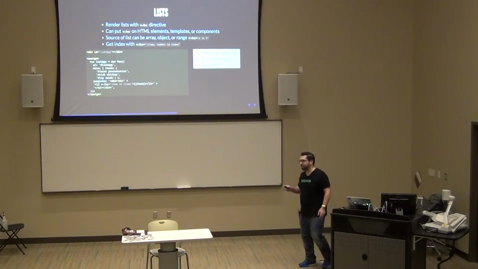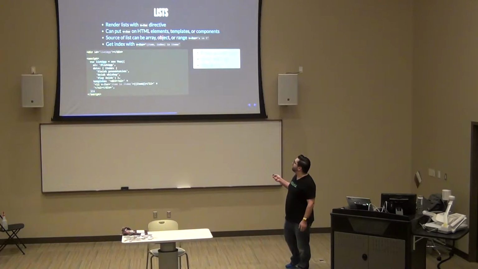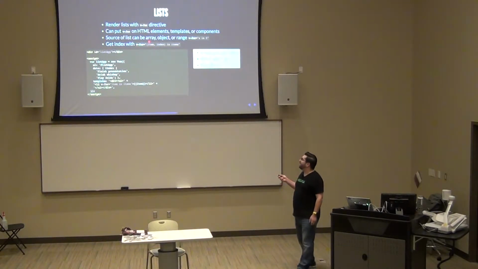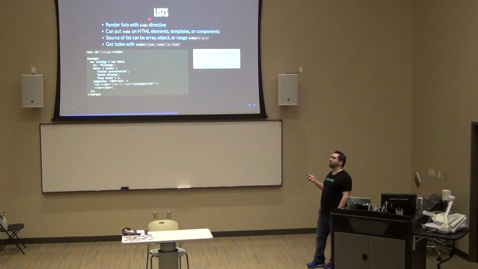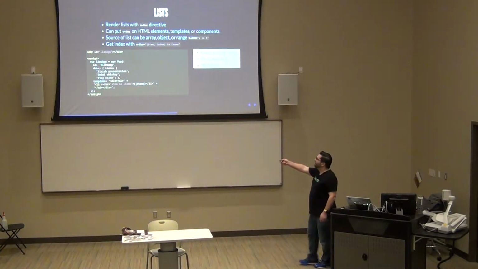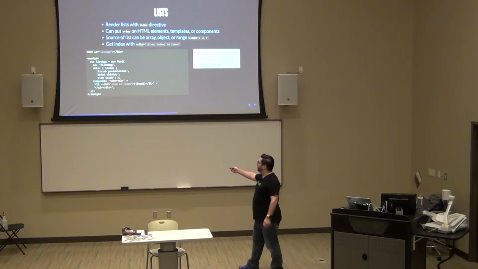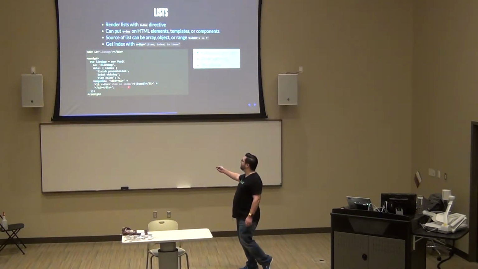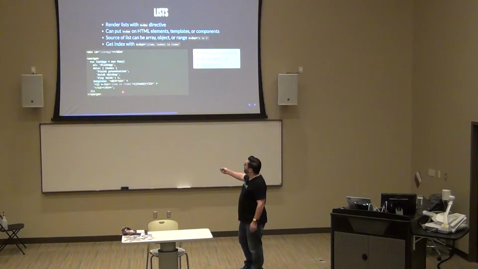There's also an interesting syntax if you're binding to objects. It becomes item, key, value, I think, or something like that, or item, key, index. If you end up binding to an object and iterating over the properties, you'll need to take a look at the syntax for that. But basically, down here inside of our unordered list, we have some list items, and we're saying in items, so we look at data, we have an items property, we are referencing that directly here,